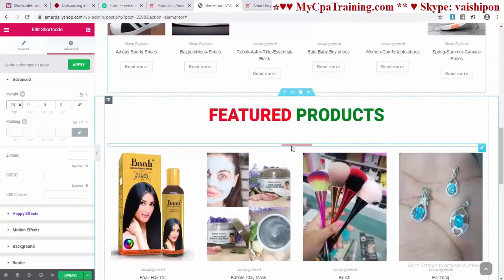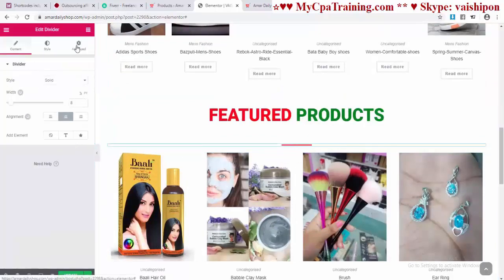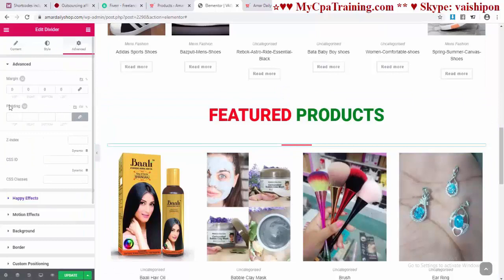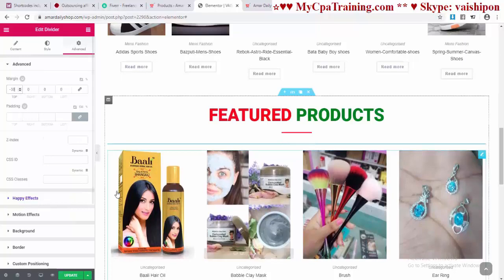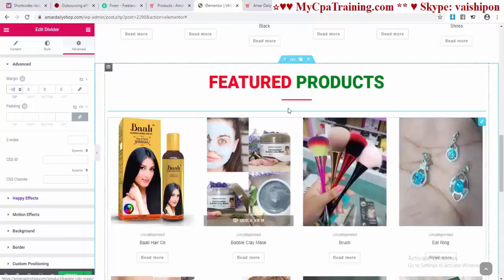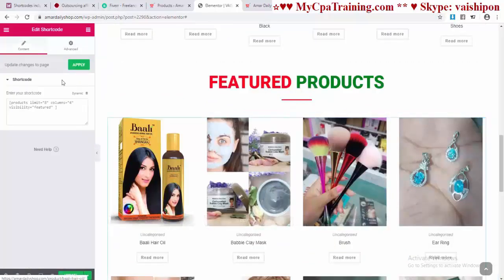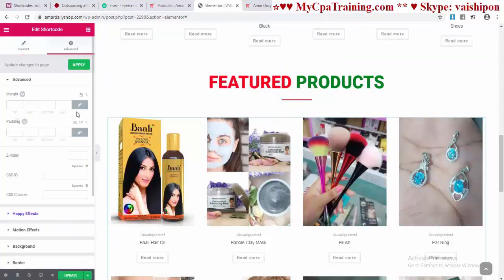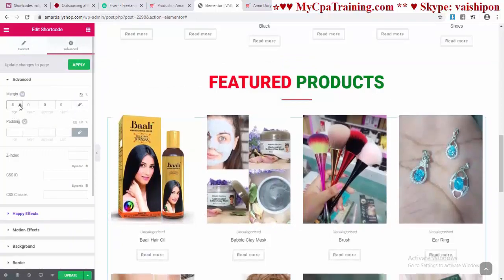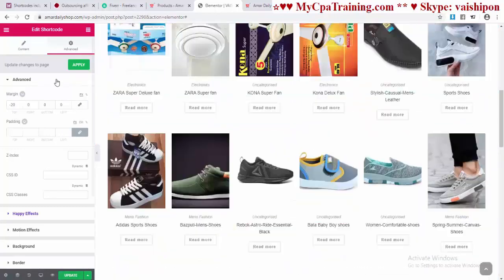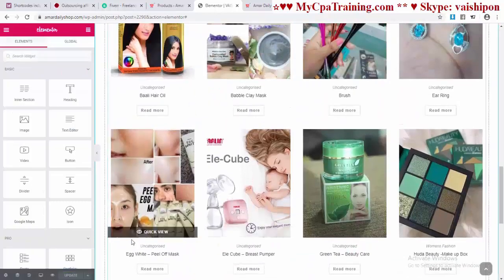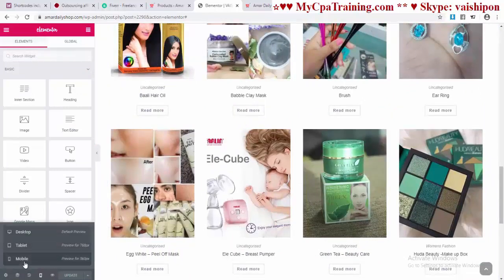Suppose I am selecting this divider, advanced and delink, and I am decreasing the margin. And for this area, select this area, advanced, delink and decrease the margin, and done. Apply, update. Now if we see the mobile version,